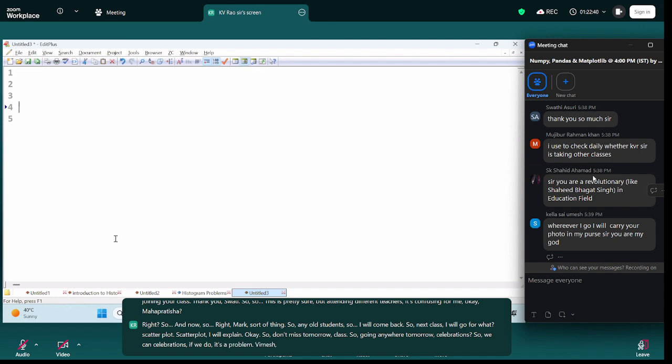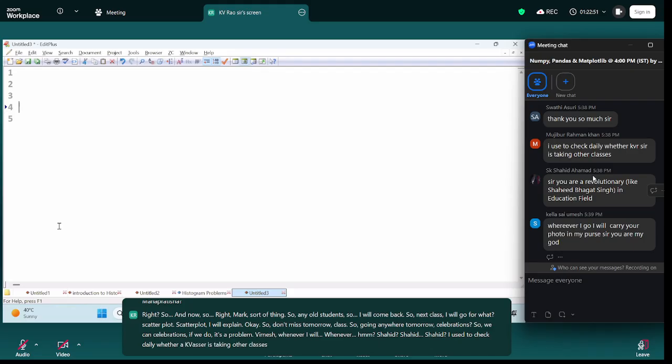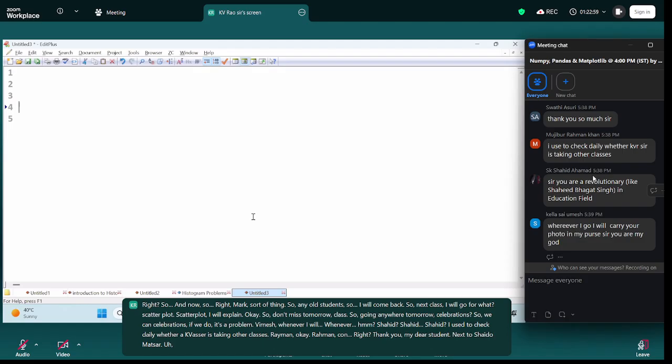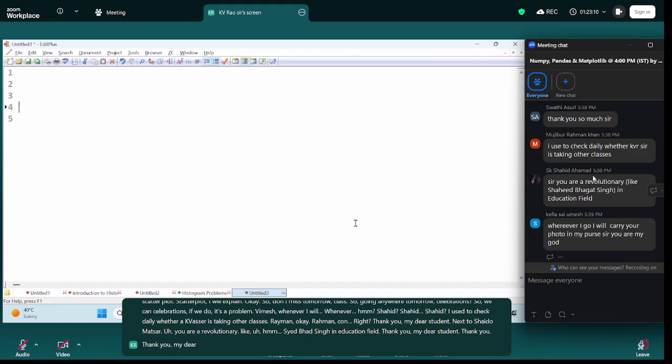Umesh, whenever I will, hmm. Shahid: I used to check daily whether KVR sir is taking other classes. Rahman, okay, Rahman Khan, right? Thank you, my dear student. Next, Shahid Ahmad: sir, you are revolutionary, like Bhagat Singh in the education field. Thank you, my dear student. Thank you. Umesh, whenever I will go, I will carry your photo in my